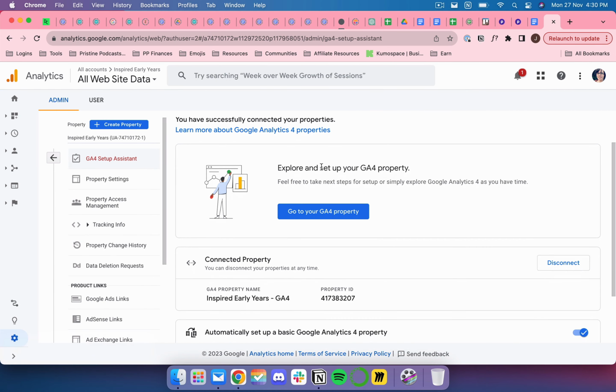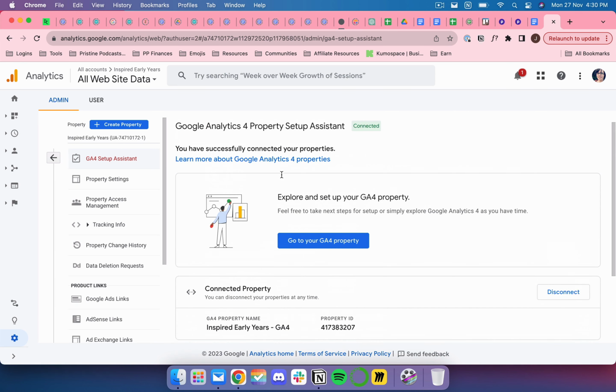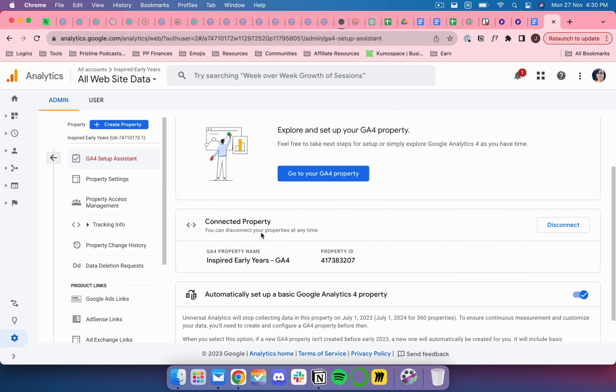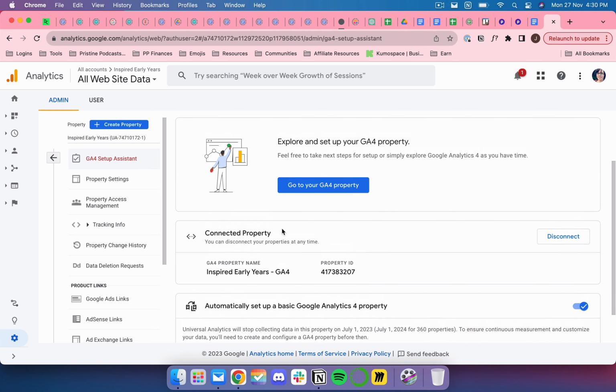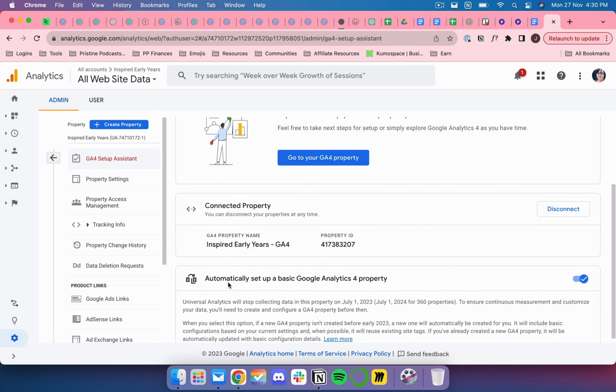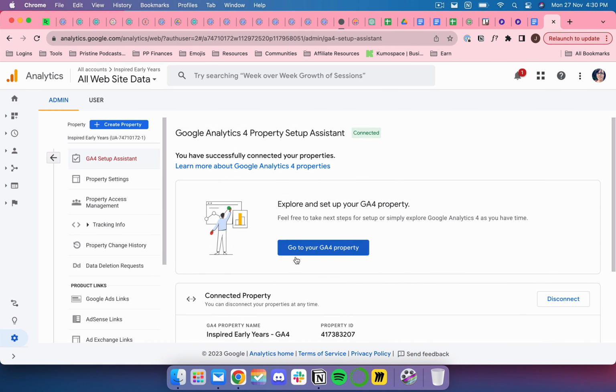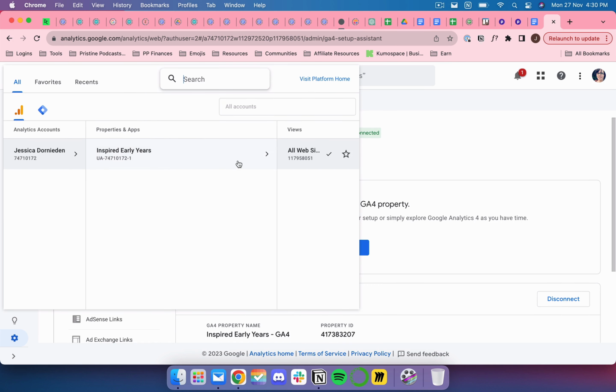Okay, so now it has actually created the new property for you. So this is the name of the property and this is the property ID, and it is connected to your old account, right? And now you have the option to go to your GA4 property. So if we go up here now, right now it only has the Universal Analytics property in this account. We will say go to your GA4 property,